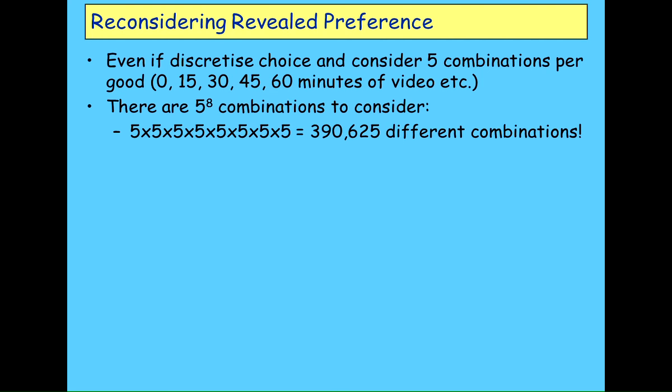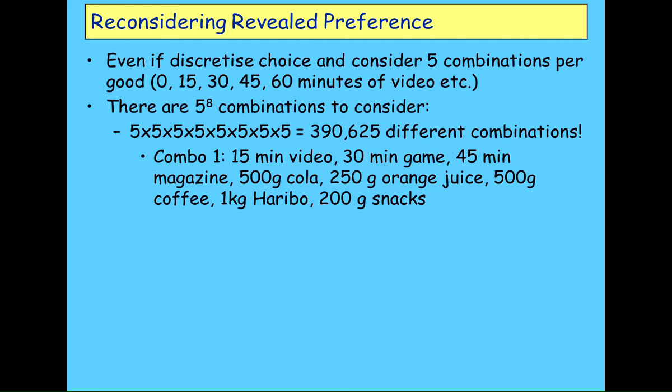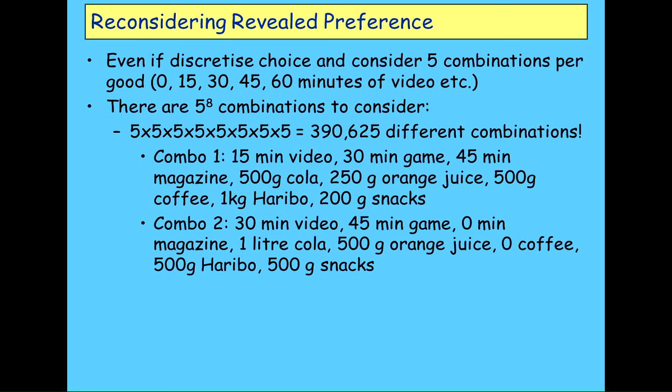Okay? Completeness is one of these abstract ideas that sound okay on a sheet of paper. But when you actually look at just what it involves, it rapidly ends up with an astronomical number of different combinations. And therefore, for you to be able to definitively say you prefer a combination with 15 minutes of video, 25 minutes of playing a game, a cup of coffee, 2 pretzels and something else, to another one with slightly different numbers,